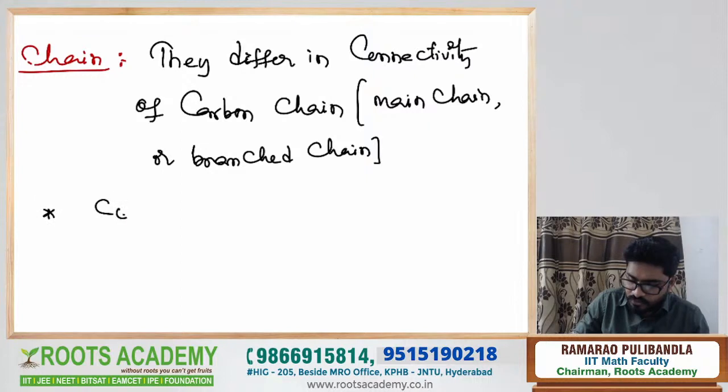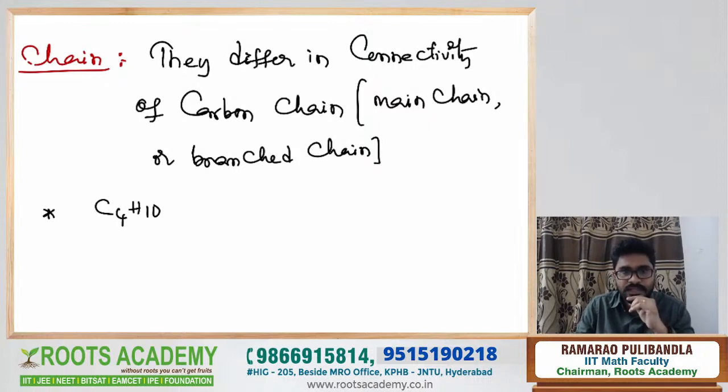Now, while going, you'll get more clarity. If I take C4H10, you try to tell how many isomers are possible for this. Here I'll tell you one systematic approach, guys, so that you won't miss any isomer. Generally, we can find out, but systematic approach is important. To exhibit this chain isomerism, there should be minimum 4 carbon atoms. That's the main point.